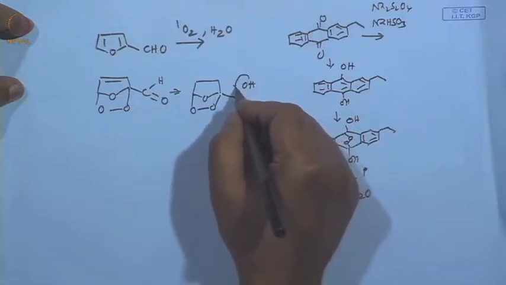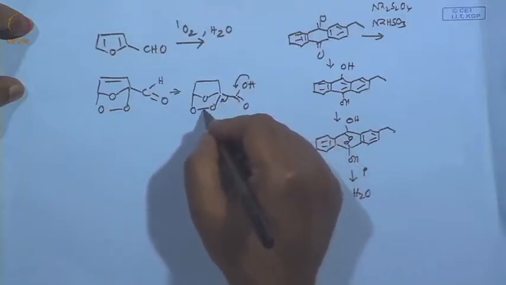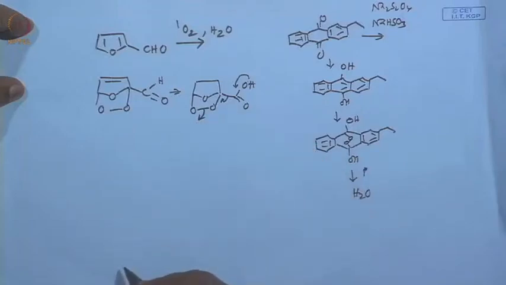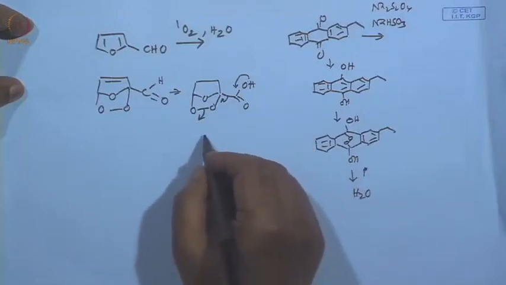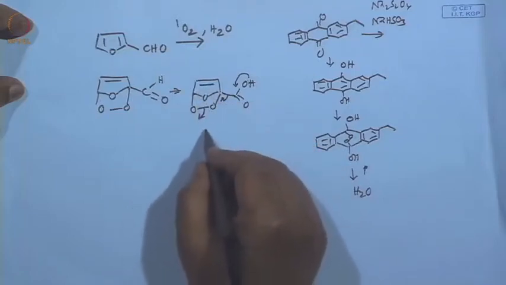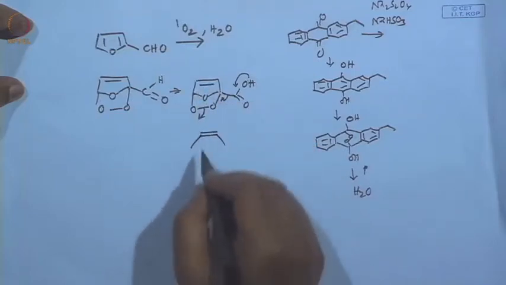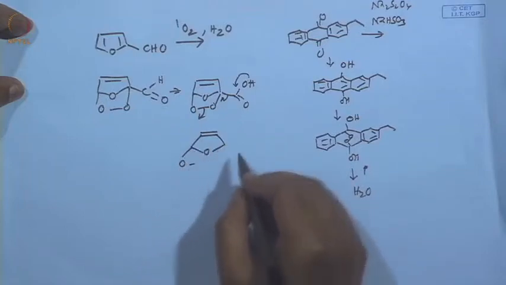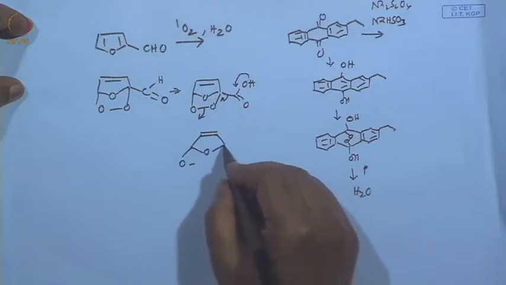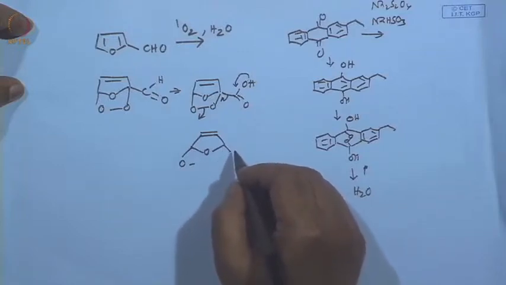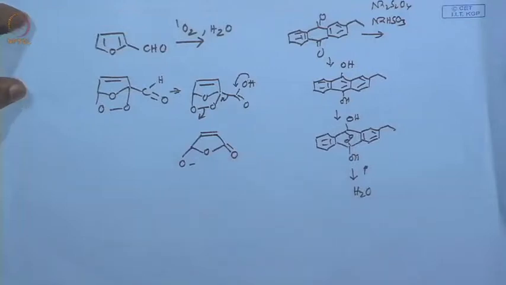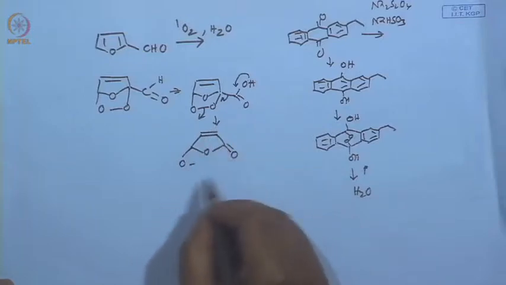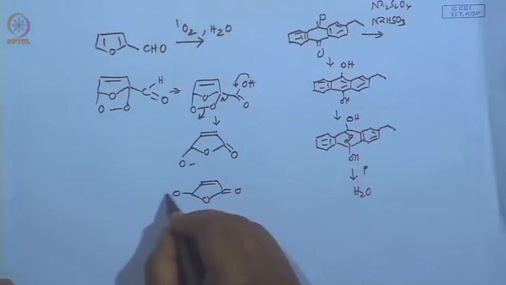So, there is a possibility that it can decompose to, so what you will have now, oxygen here, oxygen minus, and then you have here a double bond. That is it. What is it? It is nothing but, of course, during workup. So, what you will get? You will get this one,